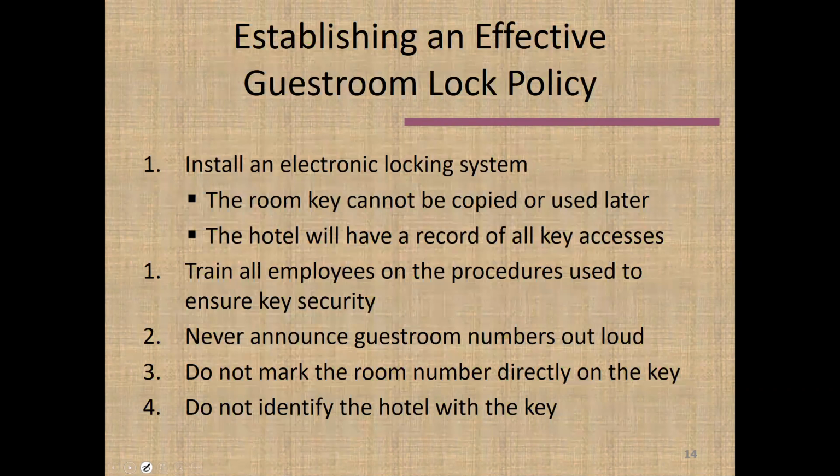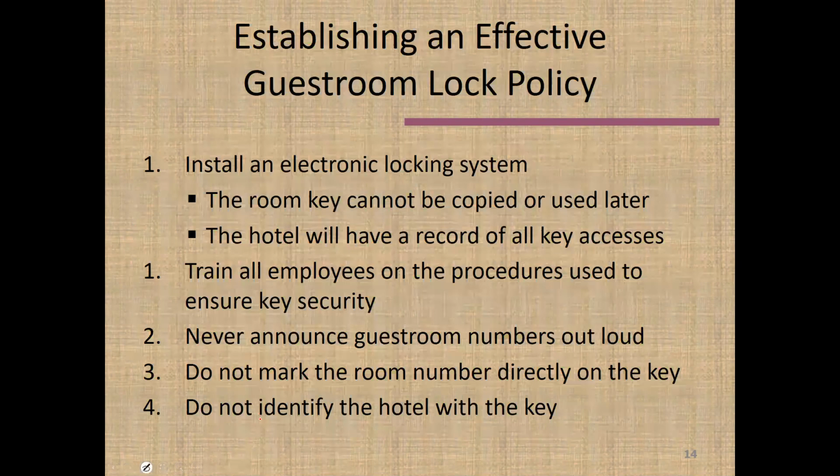You also should not put the room number directly on the key. When it's on the key, if a guest mislays the key, then maybe at the bar or at the swimming pool or in the elevator or someplace like that, someone could take that key and then gain entrance to the room. If all they have is the plastic electronic card but not the room number, the potential thief would have to go to every single room, and presumably before that would happen, they would be stopped. And so the possibilities of doing mischief would be significantly reduced.